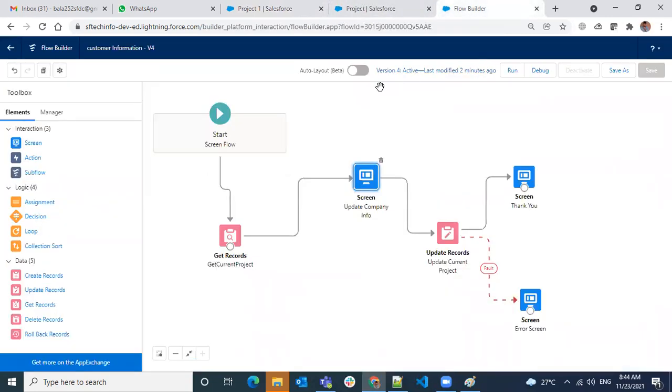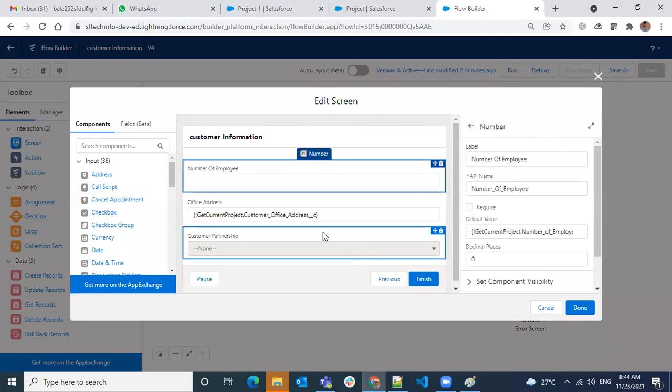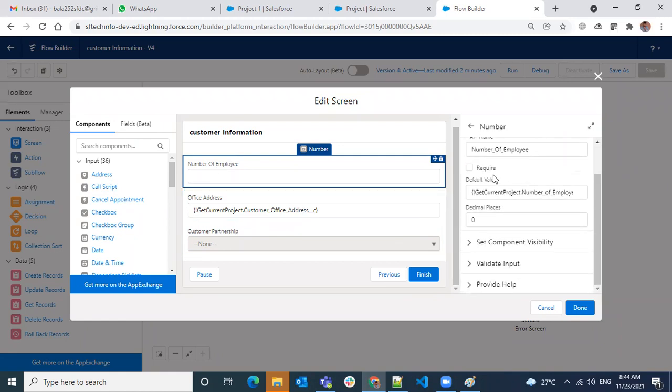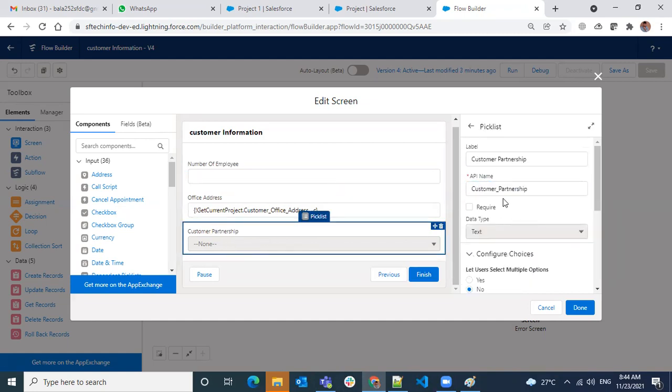Sorry. Here I'm fetching the record, and here I drop new values, and whatever changes I make here will be in these temporary values. So the number of employees will be stored in the API name number of employee, the office address will be stored in the office address, and the current partnership will be stored.